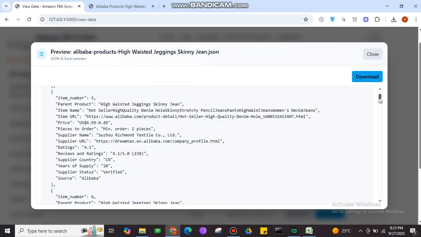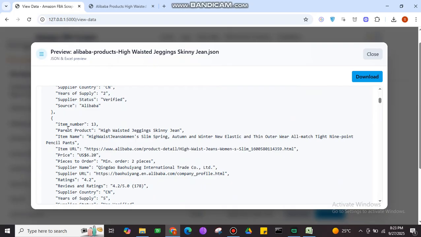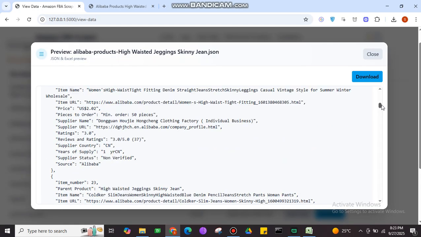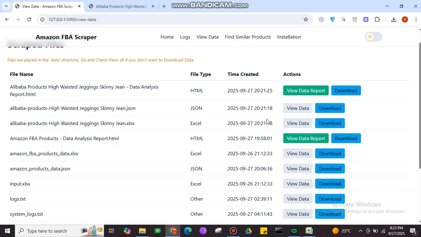It is the JSON file. It shows you the JSON file structure. Now you can see the item number and the parent product. The product is this high-waisted skinny jeans, and the item name. The price means there is one product available on Amazon, and the variants of that product are available on Alibaba. So I think this is a fantastic way to get the data. And also this is the